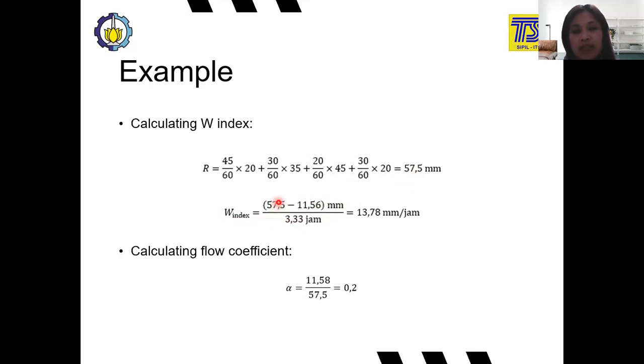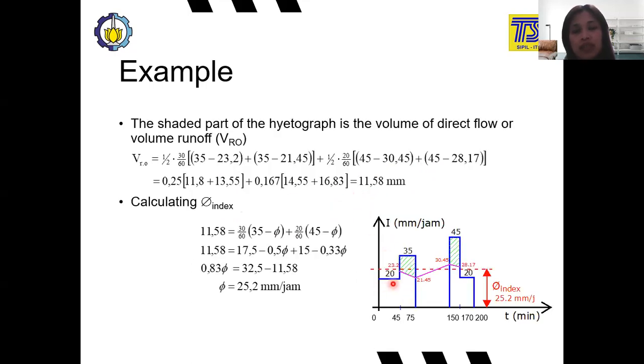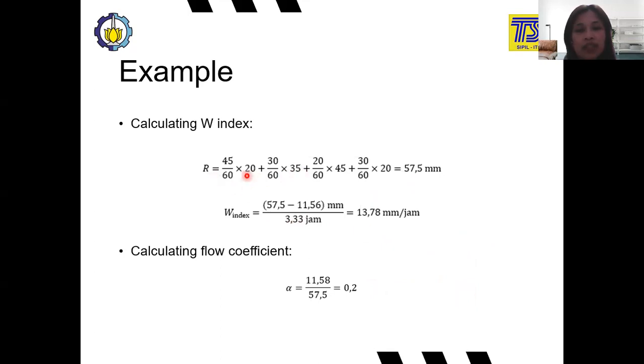But first we have to calculate the total of the rainfall, which means we have to calculate the total of all of the rainfalls from 20, 35, 45, and 20. Here we have 20, 35, 45, and 20. And then we got this rainfall total, and we can